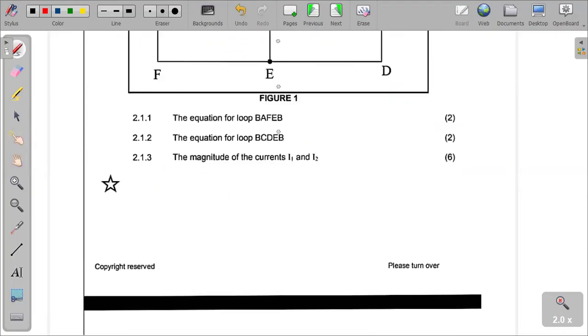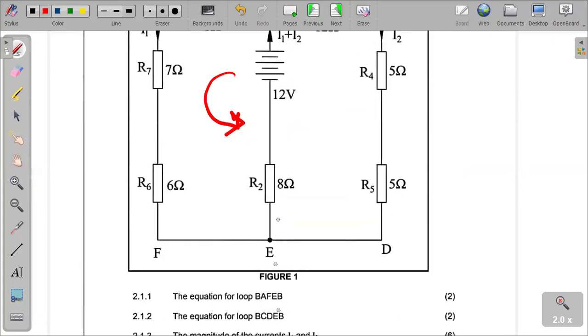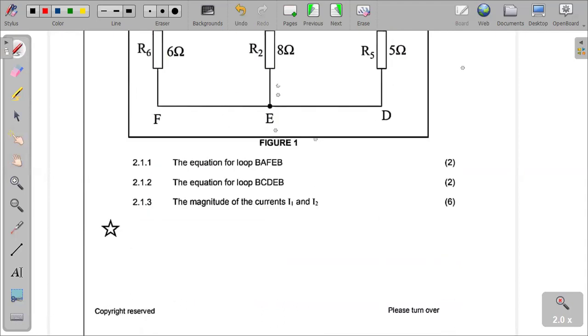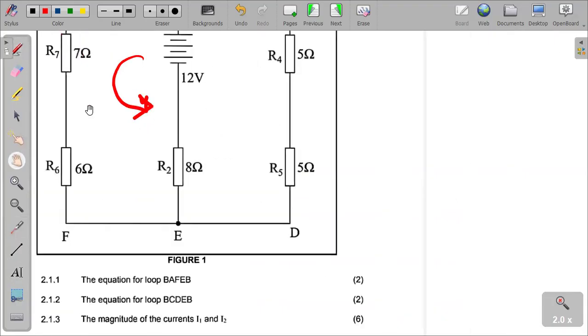Considering loop BAFEB, the EMF we have is only at the source, that's 12 volts. So 12 is equal to